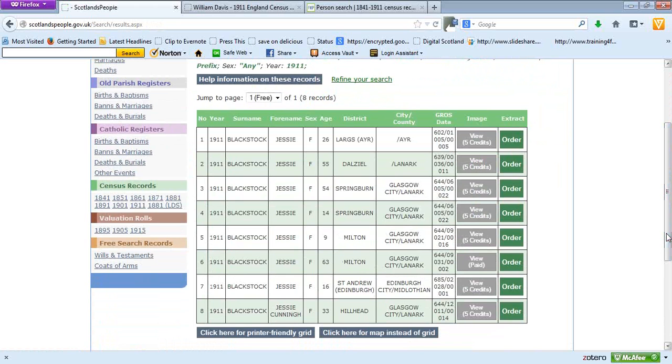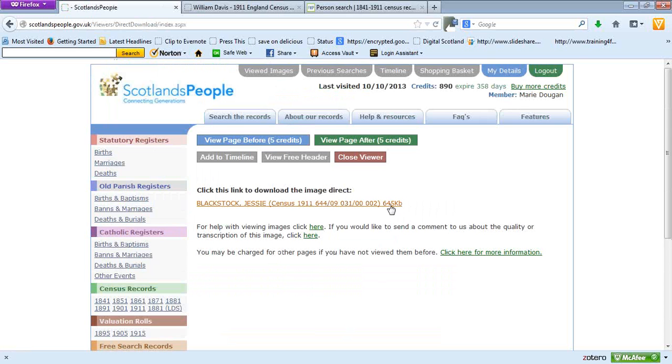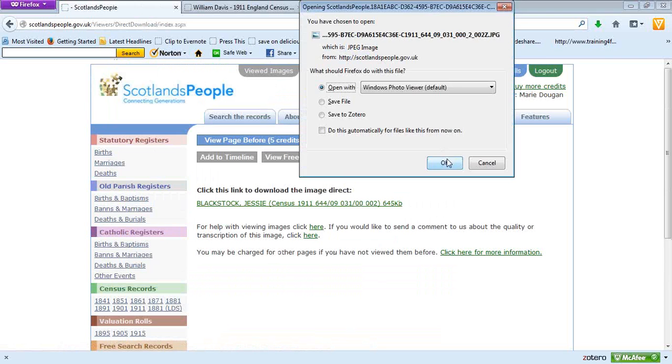And there are a number of Janets, and Jessies. Jessie was born about 1848. Now we didn't include that search term in Scotland's People, but were we to do so, we would expect that Jessie is aged about 63. And as you can see, there is a 63-year-old Jessie in Glasgow. I'm going to click on that. I have already looked at it, which is why it was showing as paid. And if I click that one,